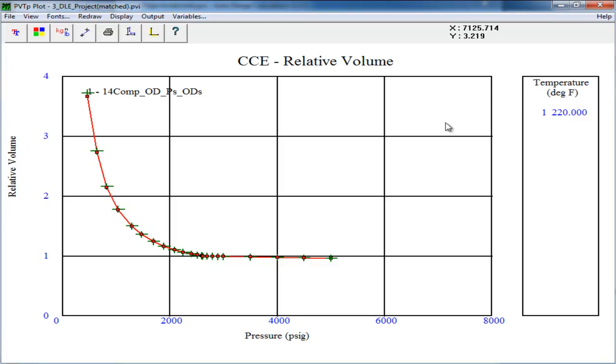Remember, here the temperature is constant. This is the reservoir temperature. So we are moving like this. Remember the pressure, this is the initial reservoir pressure. Then the pressure decreases and the relative volume will increase. So this is exactly this part. And you have seen that we were already able to describe exactly the lab measure, which is the green pointers,